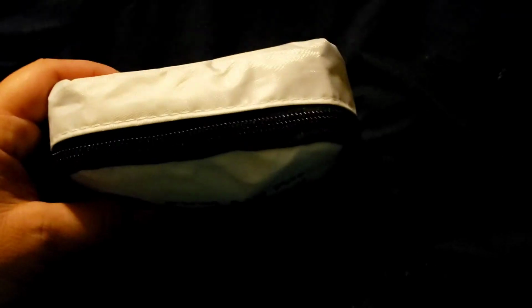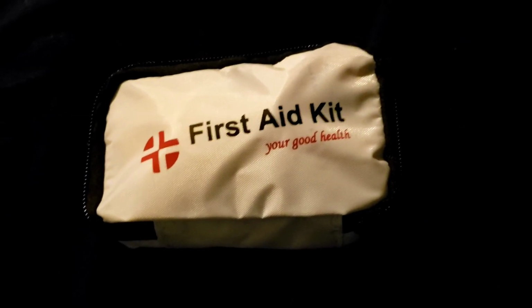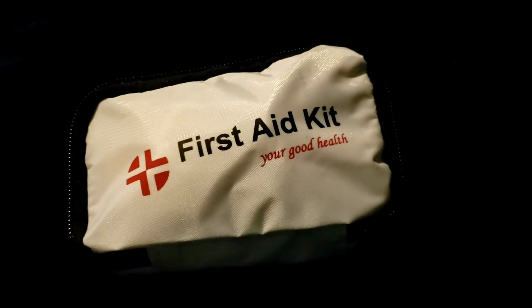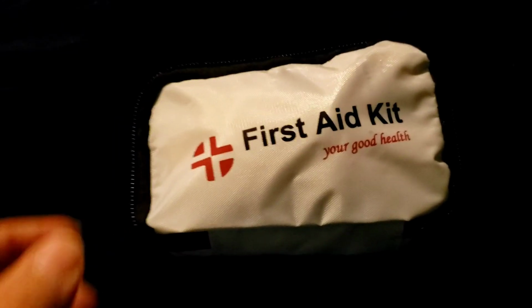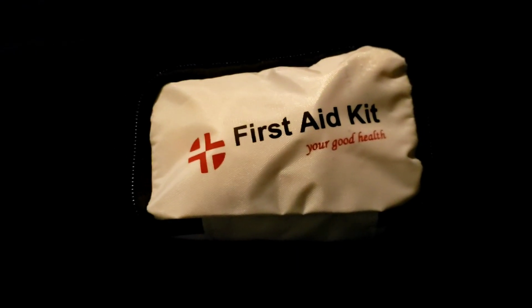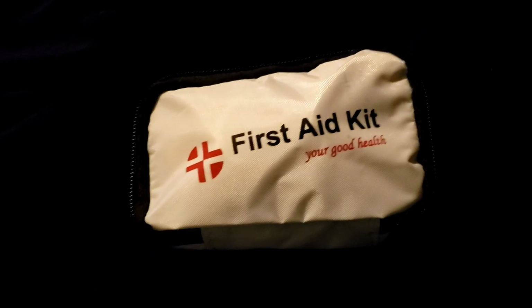I put the Band-Aids in a snack size Ziploc bag just in case I would happen to get wet. I think this is water resistant, but I'm not sure. It kind of feels like it is, but the zipper's probably not. So just to be safe, I went ahead and put them in a snack size Ziploc bag. And that also helps keep everything in there. So there's my